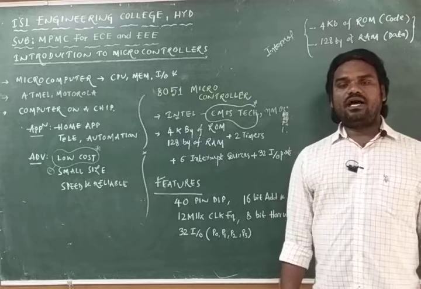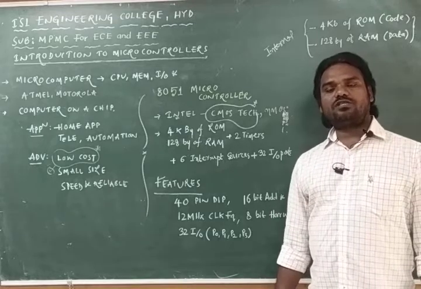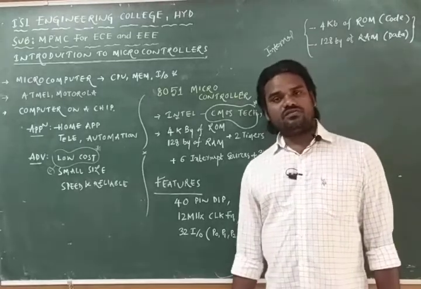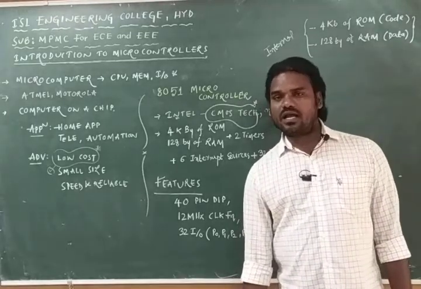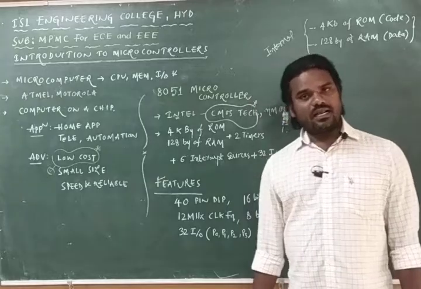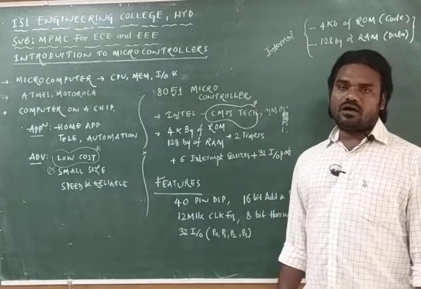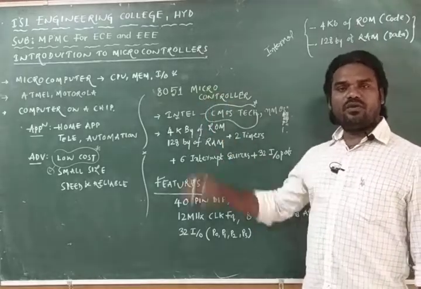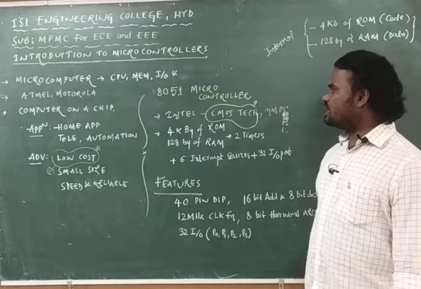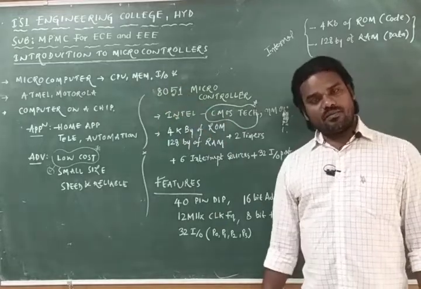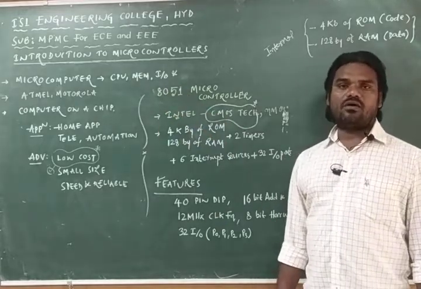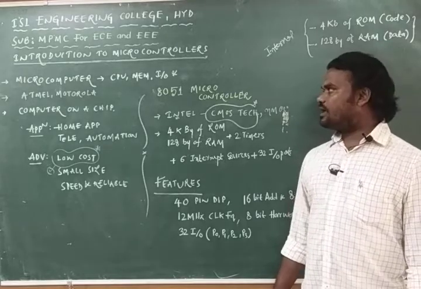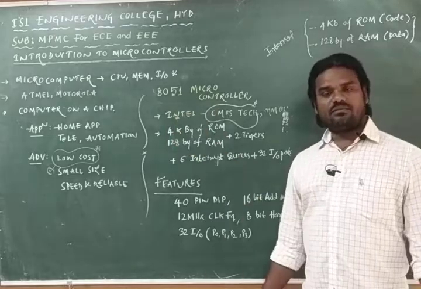It is a device, an integrated circuit produced by the Intel Corporation, in the form of an IC which is going to control the devices connected to it. Internally, in the block diagram, this 8051 consists of the CPU, which is the brain of the computer, and the memory. That memory may be RAM and ROM. ROM is a code memory and RAM is a data memory.